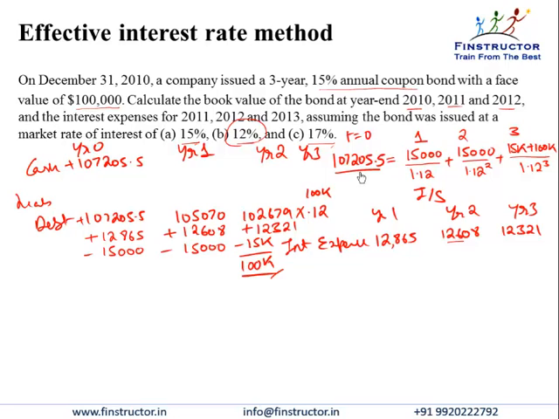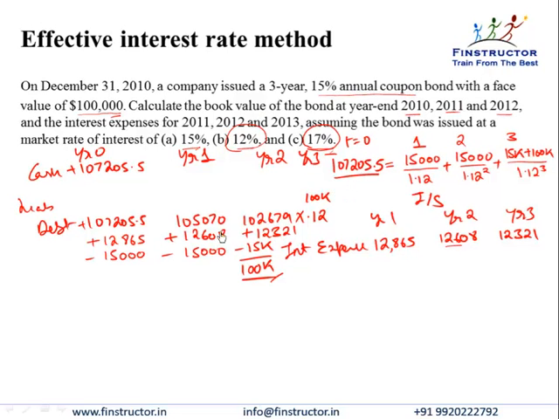Similarly, please verify that if you had done the calculation for the 17% bond, the value of the bond would have amortized up to a value of $100,000. It would have been issued at a discount to $100,000, and subsequently the liability would have kept on going up marginally to become $100,000 at the end of year 3. Please use the store and recall functions of the calculator well, otherwise you'll waste too much time writing and inputting